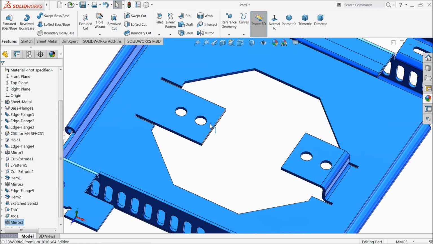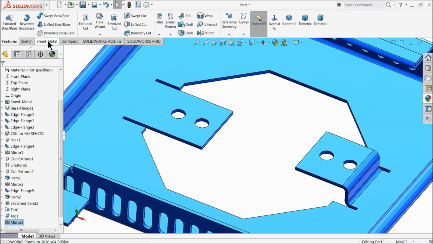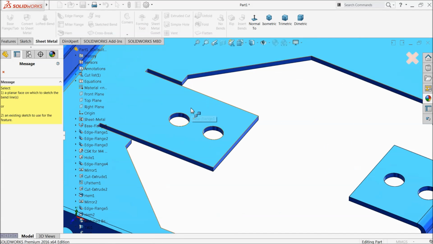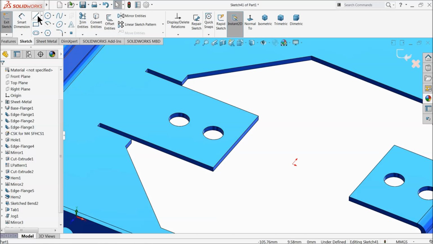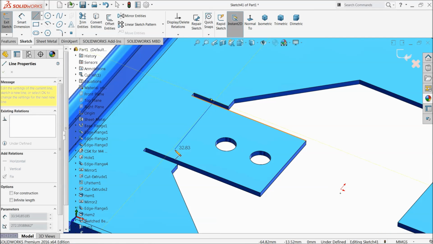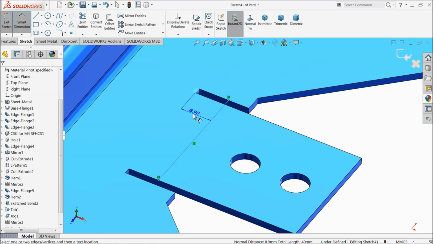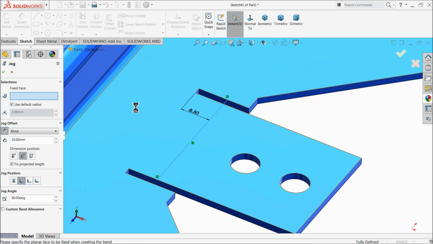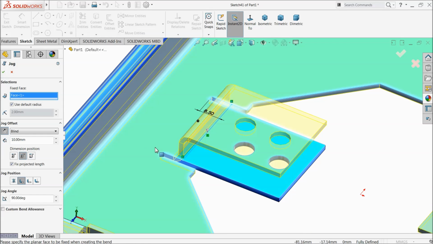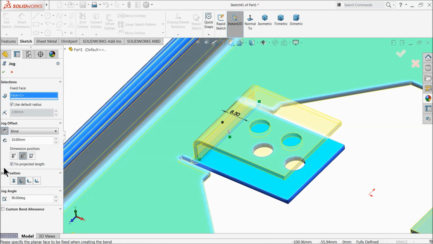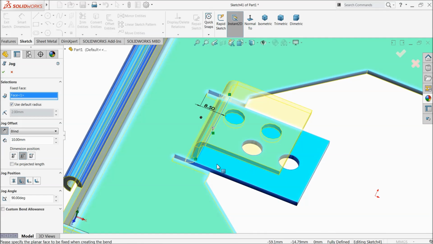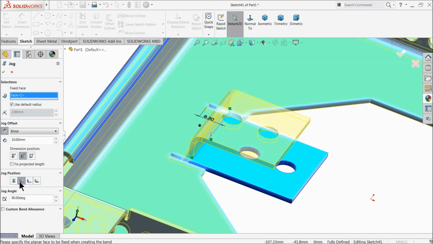Now here also we will try some jog command. So select here jog, select this face, choose here line, select one end to another end, and 8.5 millimeter. Now exit. Now here select this side of face. Now here it is asking, if you fix project length, then your length will be similar to this one. Unchecked, then it will go back because the material will bend here. This one, material inside, is a better option for us. Okay,